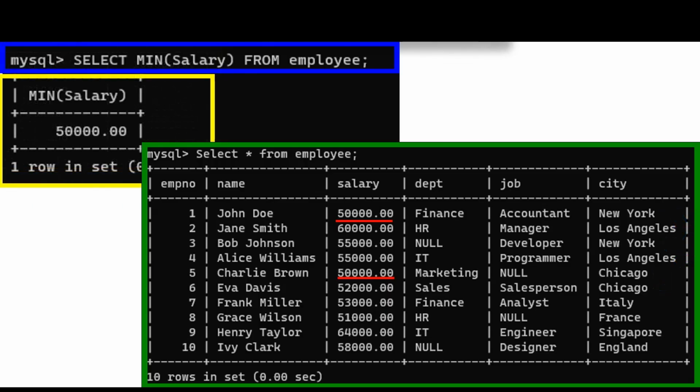Let's see about using the min function. This function returns the minimum value in the given column. Example 1. Look at the blue box. We type the statement: select min(salary) from employee;